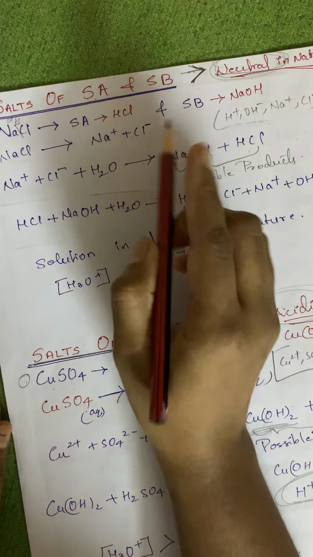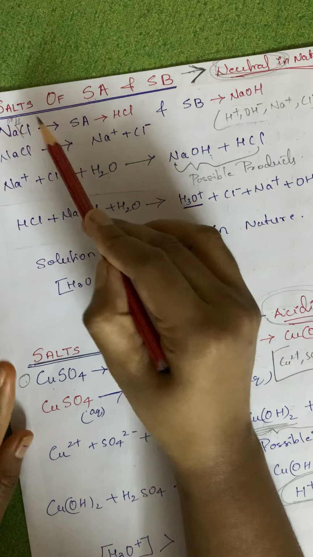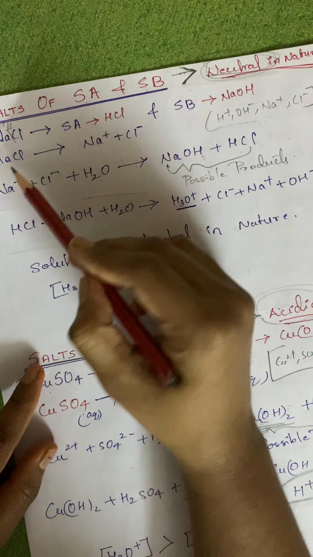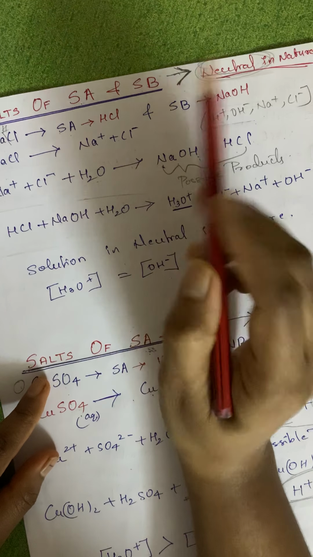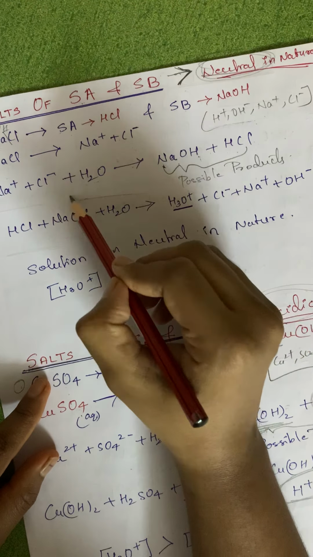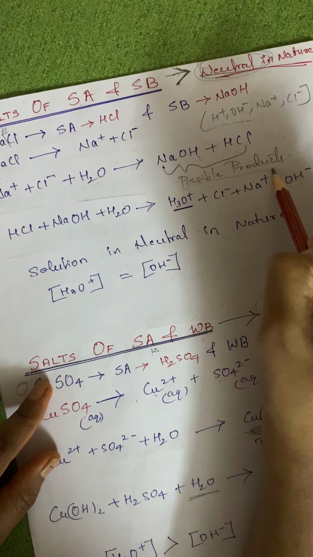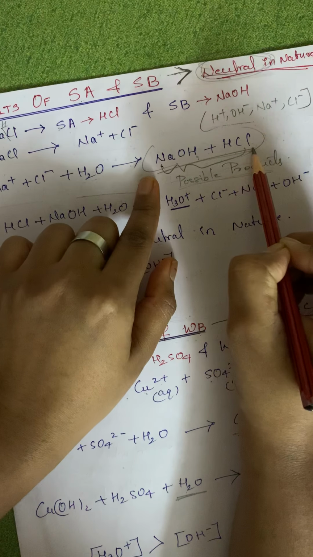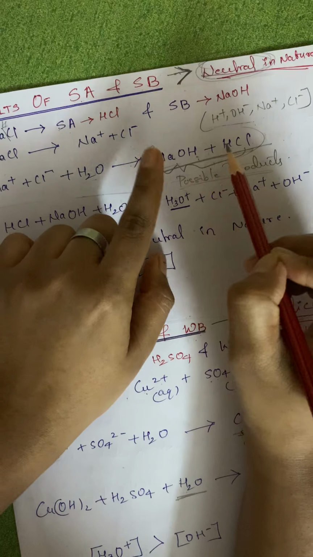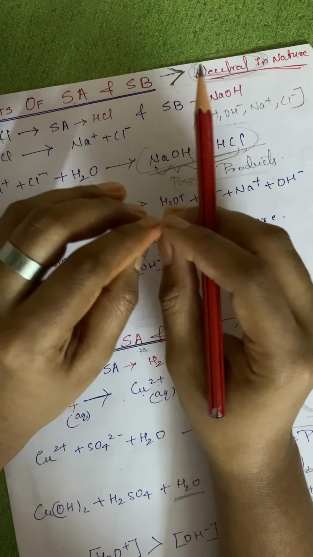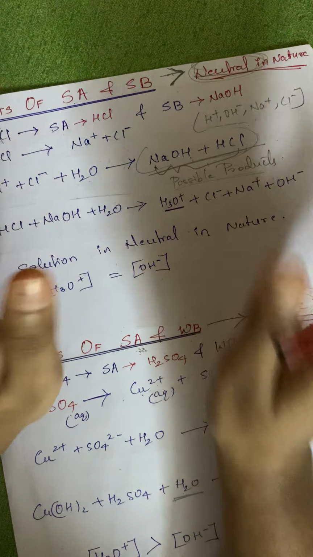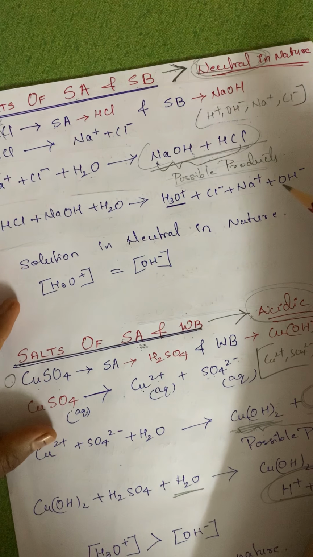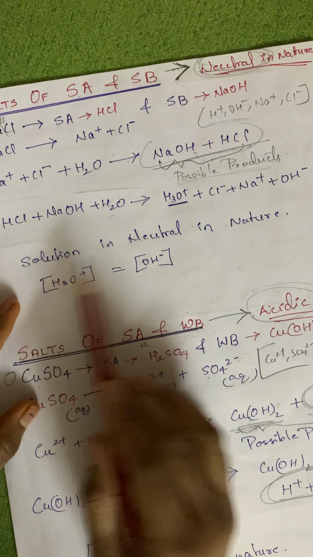So what will the first step be? If you take any example, you have to first write down what is the strong acid and strong base. Next, you will dissociate the salt into its ions. Next step is to react it with water and say what will be the possible products, and afterwards take a minute to decide whether it is a strong electrolyte or a weak electrolyte. Once you know it is a strong electrolyte, that means it will try to dissociate. If both of them try to dissociate, the solution will be neutral in nature. In this case everything tries to dissociate, so nothing is disturbed. The solution is neutral in nature.